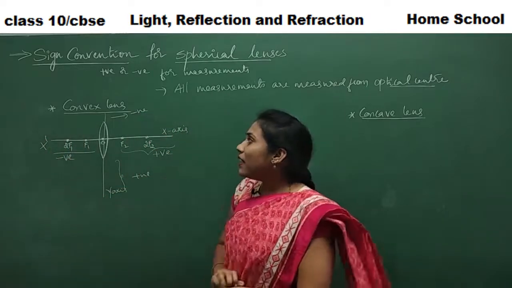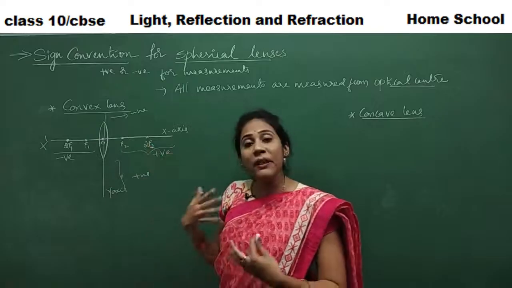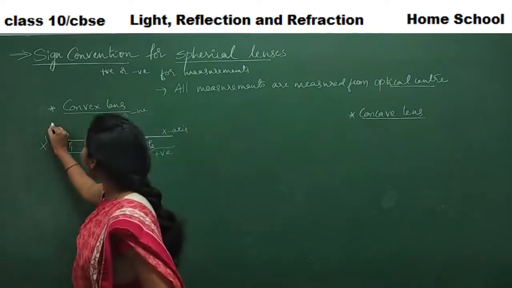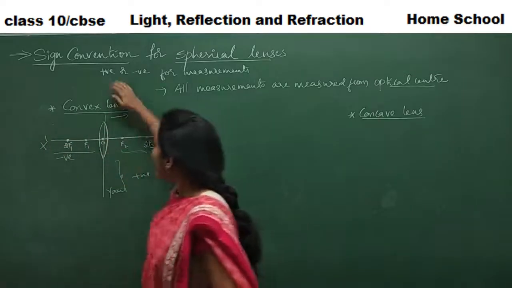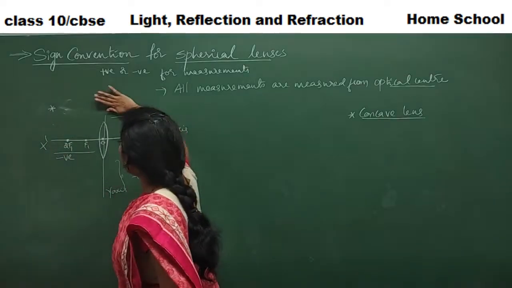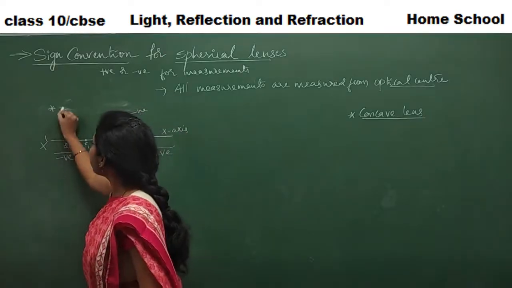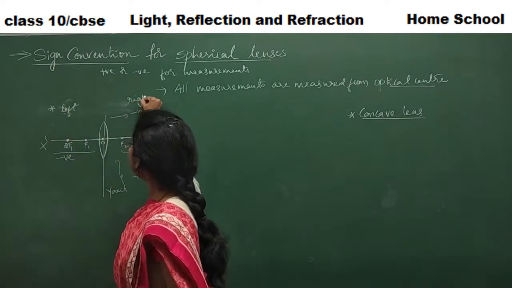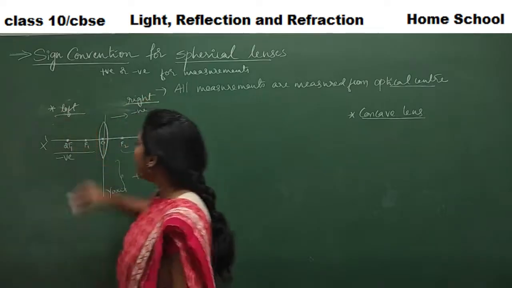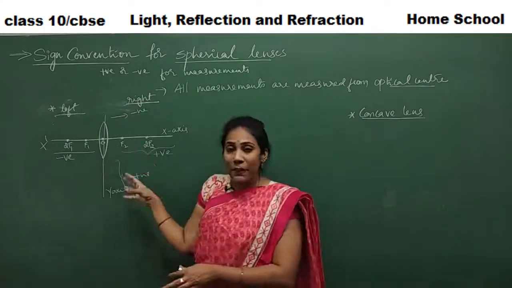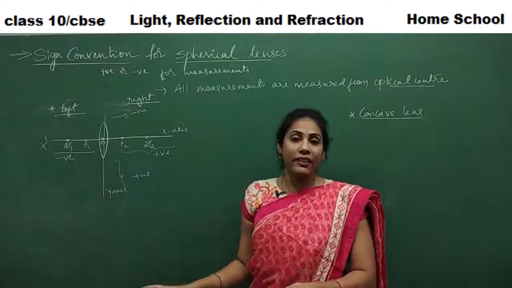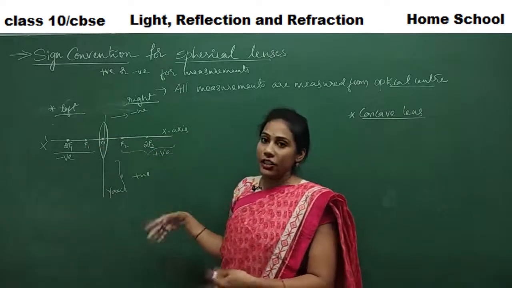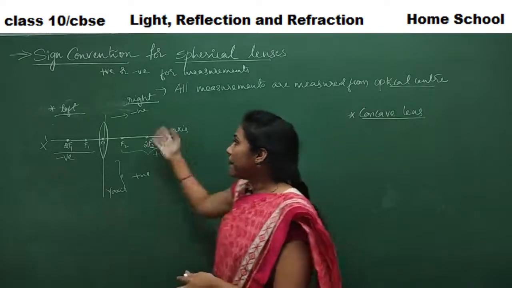And now, in case of convex lens, tell me where will you keep your object? Definitely, the object you will keep this side. Yes or no? Okay. And in another way also you can remember, this is the left side of a lens, and this is the right side of a lens. Actually, the Cartesian way of remembering is very convenient, right? And if you feel like you don't know about the Cartesian plane and all, you can just remember this way.